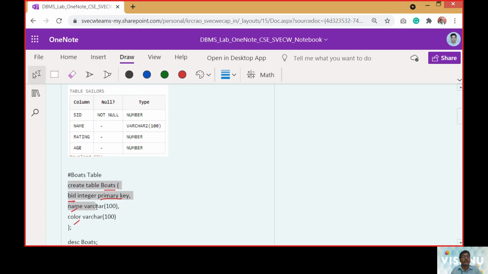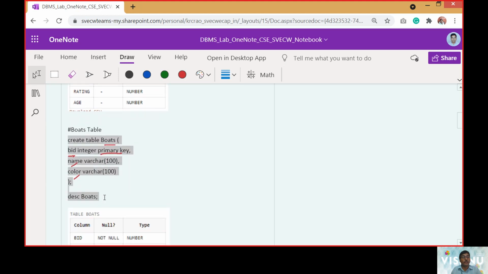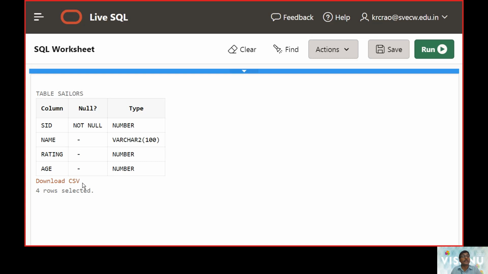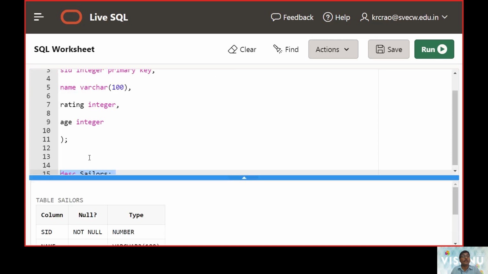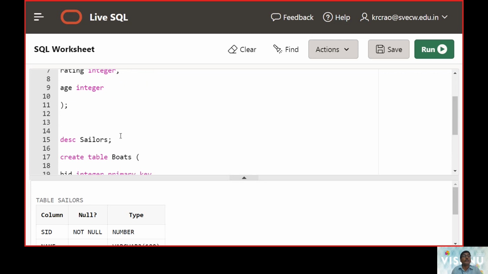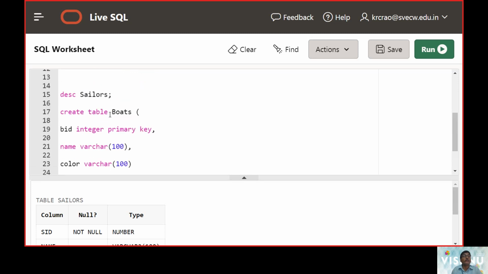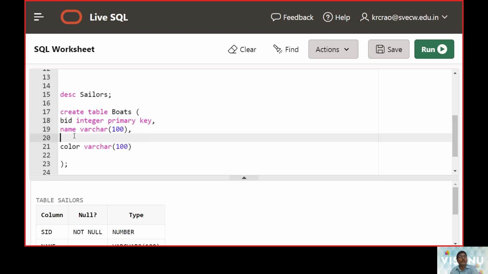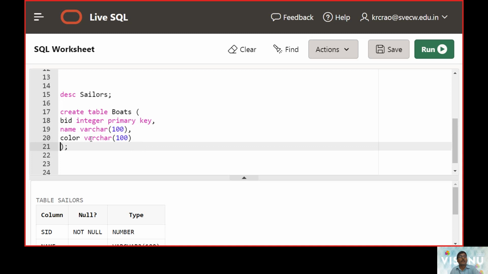Next was to check the boats table. So we are now using the boats table, created with boat ID, name, and color. Boat ID we mention as the primary key here.